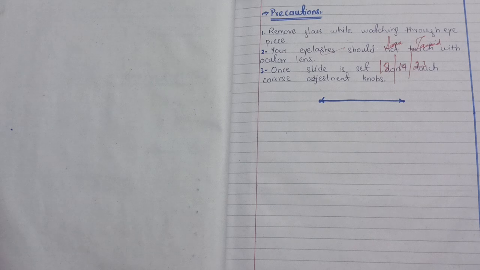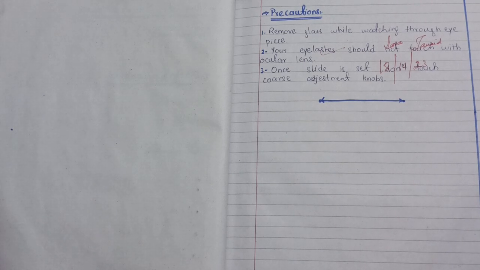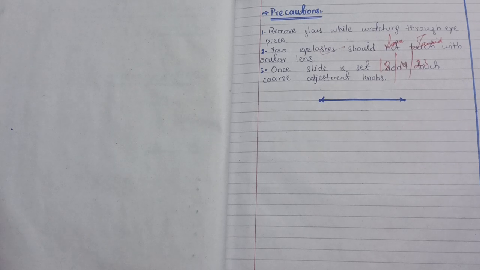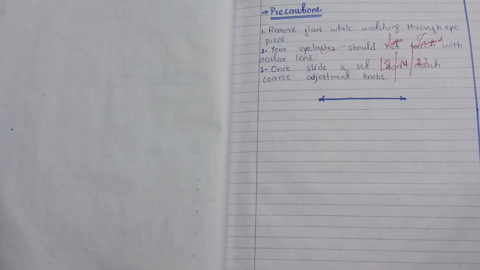देन प्रिकॉशंस पे आ जाते हैं। रिमूव द ग्लास वाइल वॉचिंग थ्रू द आई पीस। तो जब आपने ग्लास को रिमूव करना है या स्लाइड को रिमूव करना है तो आपने आई पीस से देखते हुए करना है। योर आई लैशेज शुड नॉट टच द ऑक्यूलर लेंस। आपकी आई लैशेज उसको टच ना करें। वंस द स्लाइड इज़ सेट, जब आपकी स्लाइड सेट हो जाए, डोंट टच द कोर्स एडजस्टमेंट नॉब। तब आपने कोर्स एडजस्टमेंट नॉब जो कि स्लाइड को अप एंड डाउन मूव करवाता है उसको फिर आपने मूव नहीं करना है। ये इसकी कुछ प्रिकॉशंस थी।